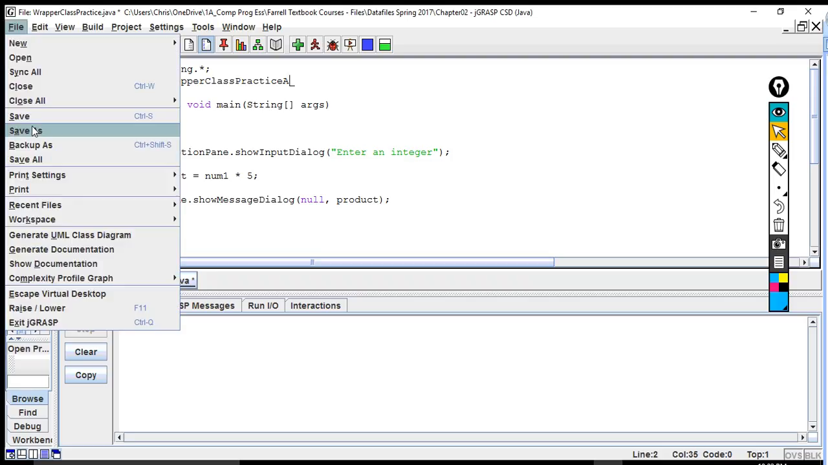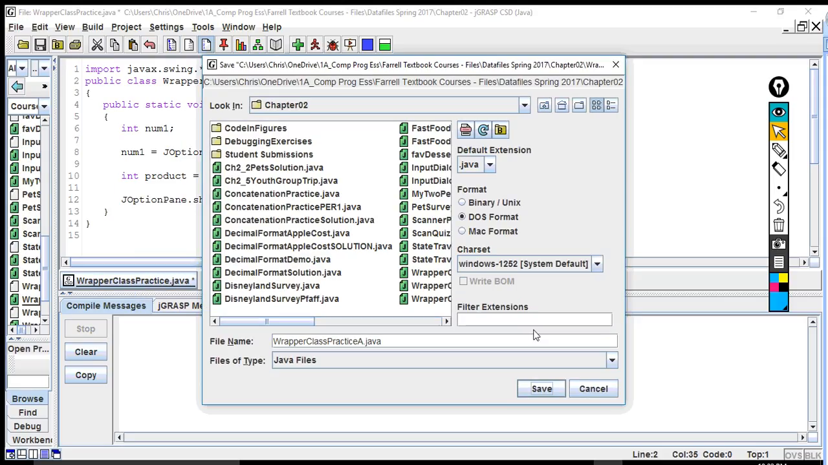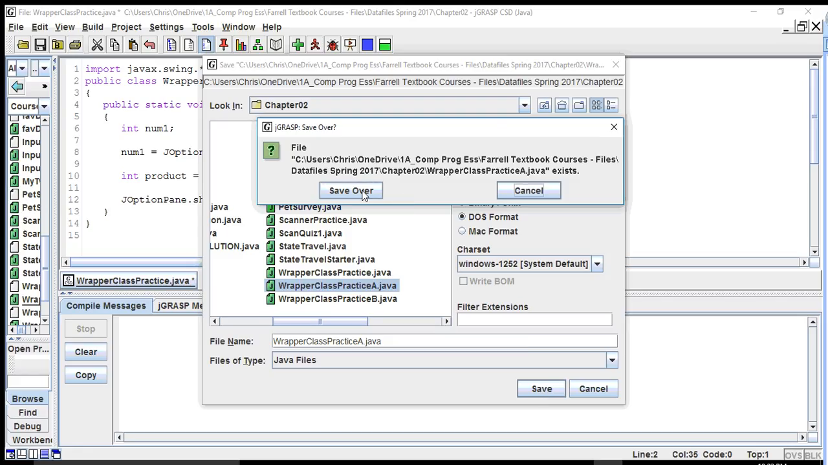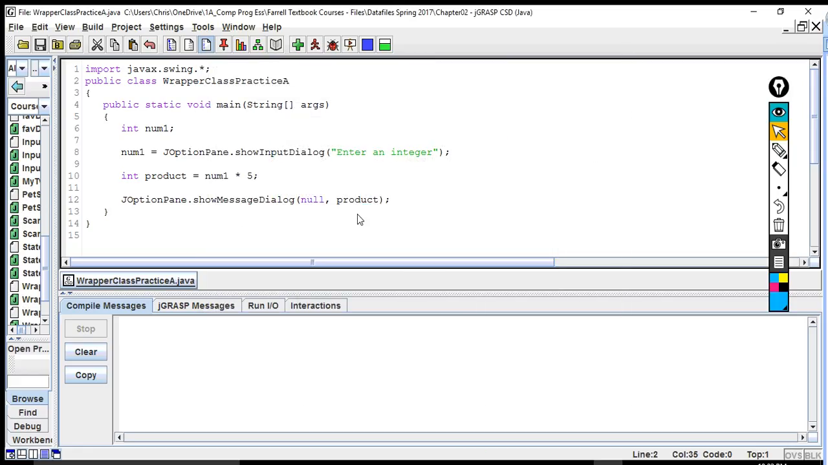So as we look at this class, we should have already saved this or changed the name to wrapper class PracticeA, and then have done a save as. Also you should have a piece of paper out so that you can take notes, things that you might want to remember for later on as we go through this. And so you should follow along as we do the different activities on this